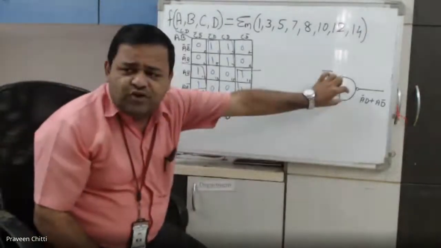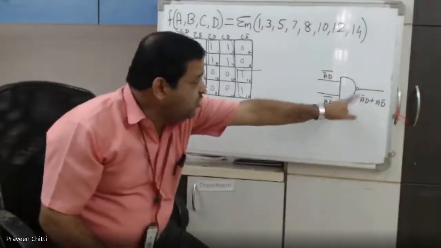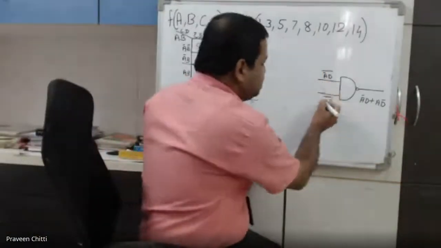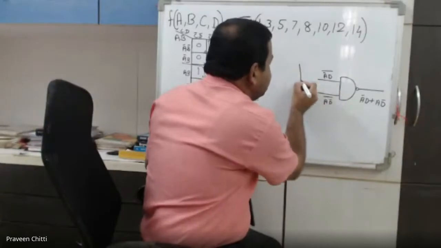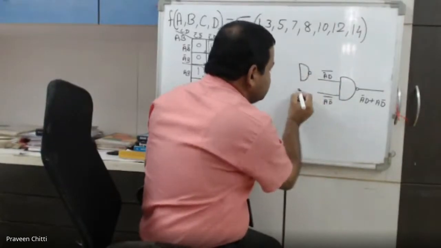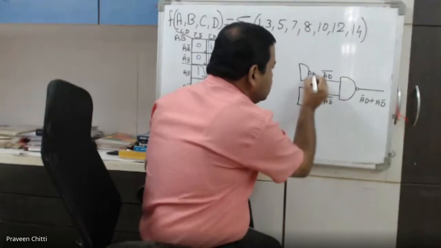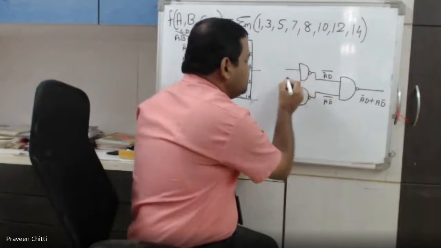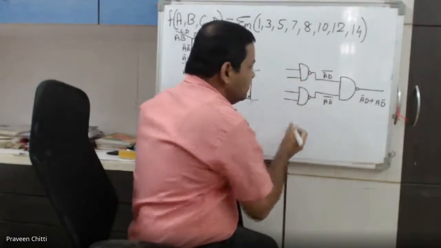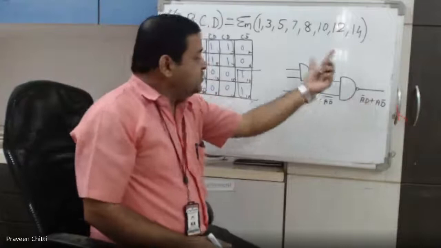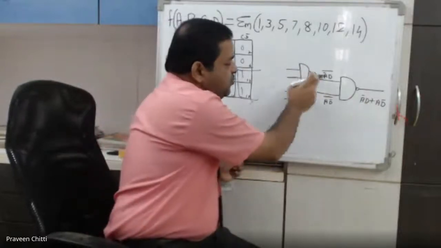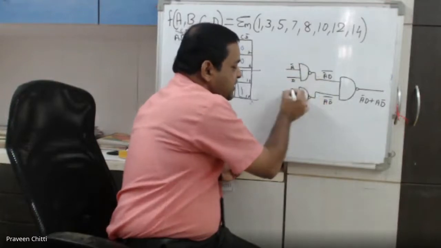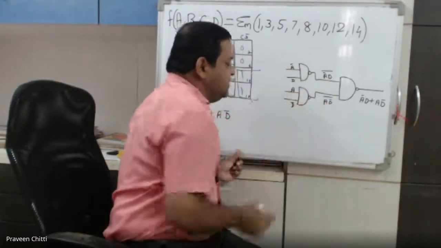Just blindly draw one NAND gate, write down the output in SOP form, and give the inputs in complemented form. Then the next step: draw as many NAND gates as the inputs you have shown here. 1, 2, give this here, this here. And then what inputs do you write here? Only in the first case you have to give the inputs in complemented form. Now you want A bar D, so directly as it is, A bar and D you give. Here you give A and D bar.